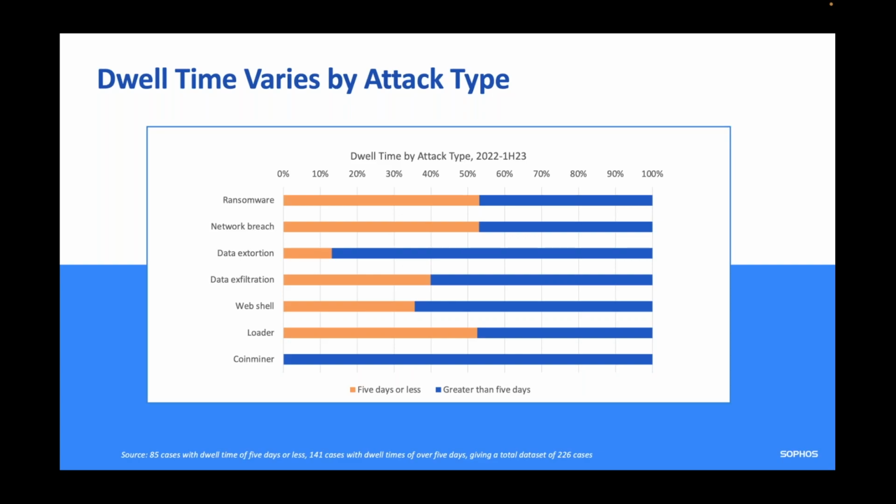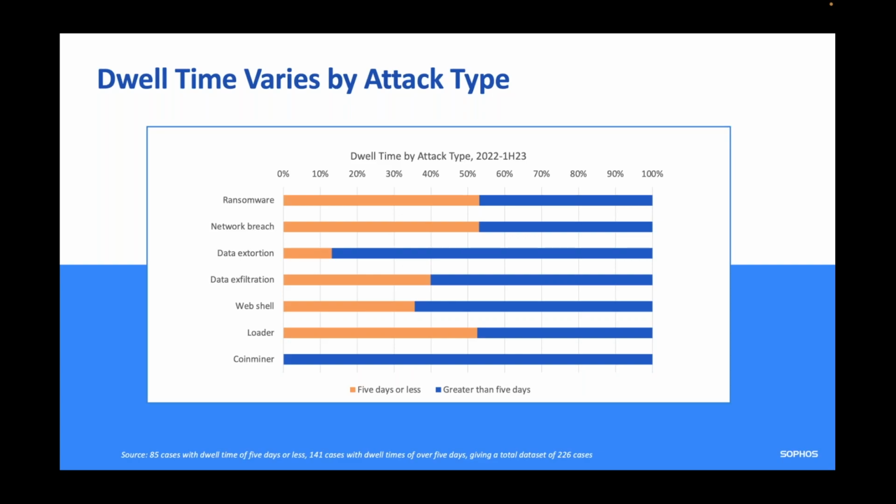And you can see here that, particularly with ransomware, the dwell time is reduced dramatically, and now almost 50% of ransomware attacks will typically take 5 days or less. So all of a sudden, the ability to recognize the telltale signs that you're about to be attacked and you have a problem, that ability to respond is really reducing. It used to be something in the order of 16 days, and now it's more like 5 days. So it's reducing that window to spot that your organization is actually under attack.